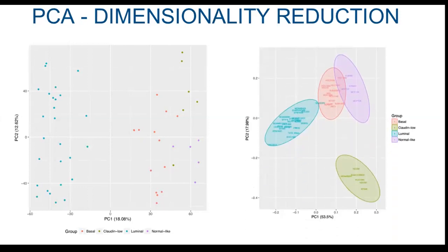The principal component analysis can be improved even more using software like R. So we can combine the T-bioinfo platform to conduct initial PCA analysis and then combine this with a tool like R or RStudio to improve our PCA. You can see on the right PCA that we actually separated 4 breast cancer subtypes, and we were able to